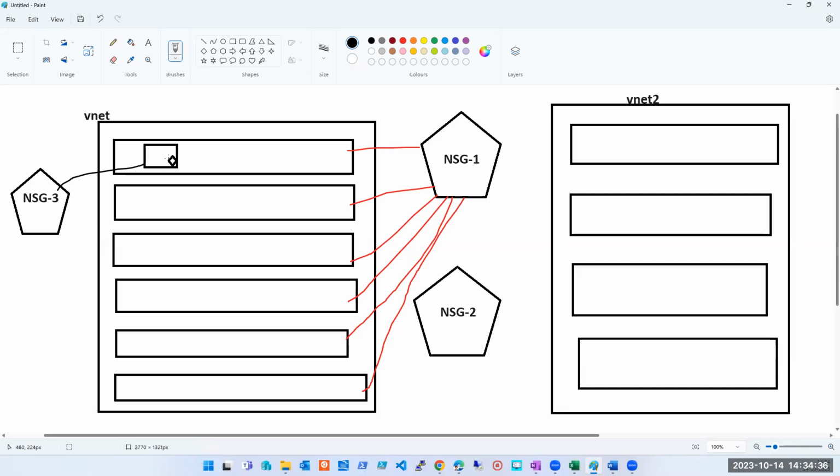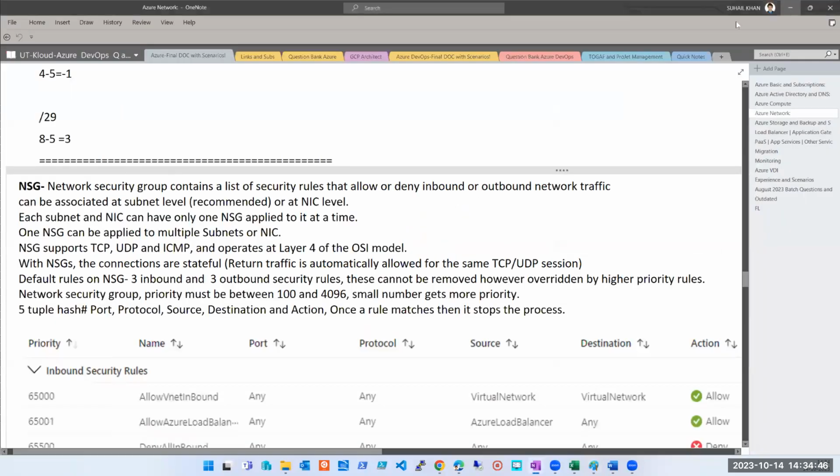So for you to understand that question and answer, you should have an understanding of this: that at a time only one NSG is possible, and which one will override which one. That we are going to see. So you have to understand these things. But these two things, you just remember. That's it. Do not spend your time unless you want to. It's a different thing, not part of our course as of now.